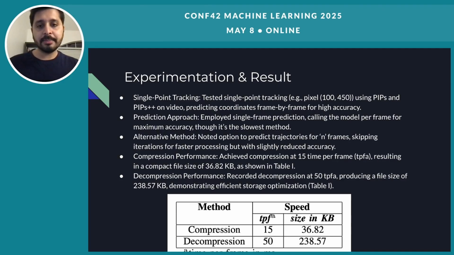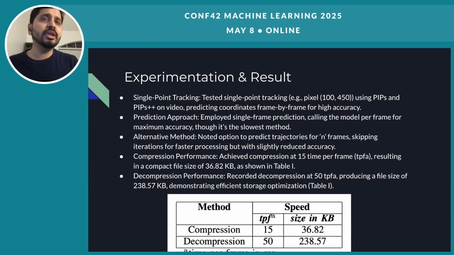There could be a question of why compression and decompression take 15 milliseconds and 50 milliseconds. Basically, when we do the compression, the model has to do the predictions as well. It has to predict where each pixel is moving from one frame to the next frame. The model takes a few milliseconds, and we also have a built-in algorithm on top of it, which uses those coordinates to nullify and store the redundant pixel coordinates into an array, and just stores the non-redundant pixels from the subsequent frames and so on. That's why it takes 15 milliseconds and 50 milliseconds per frame.